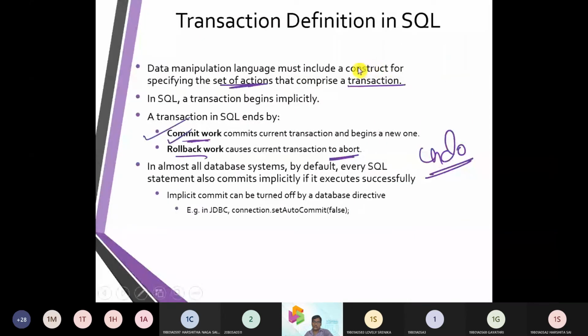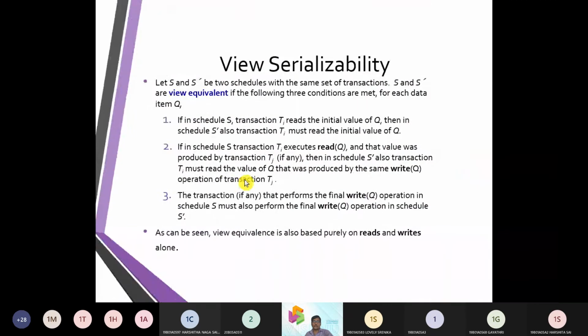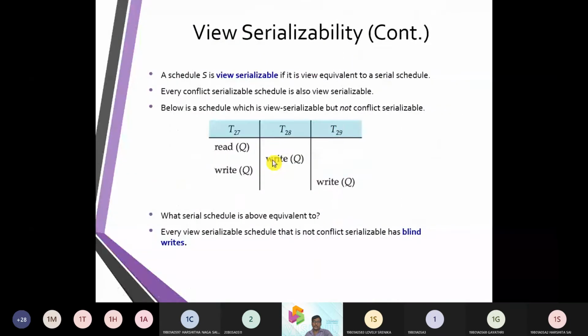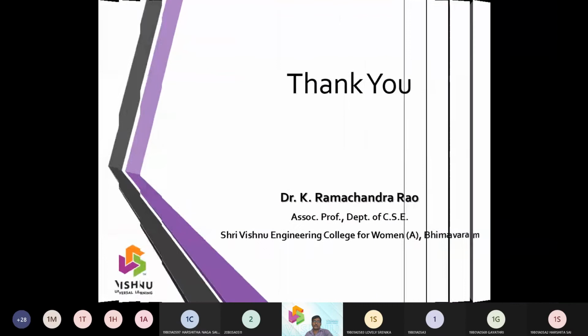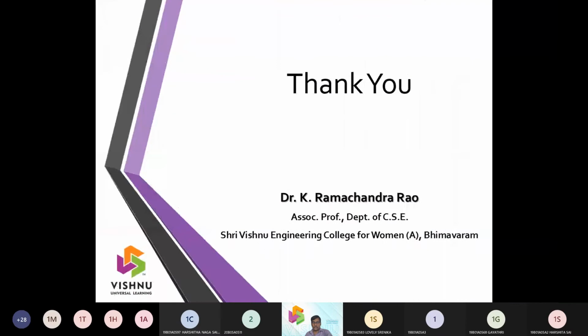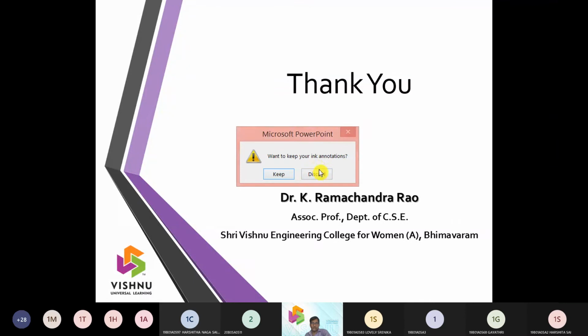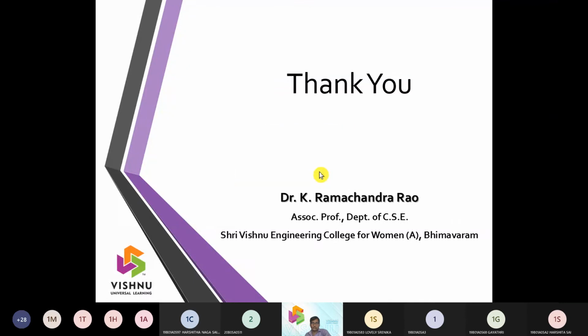While doing this concurrency control, we mainly look at two commands: commit and rollback operations. Finally, if two reads are there, then we are considering the schedule, and any of them we will ignore. So that is all regarding the first part of serializability, etc.